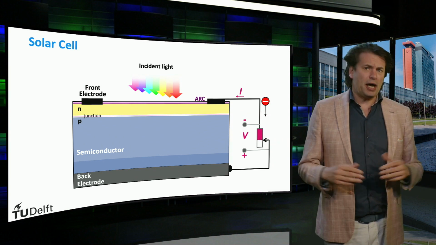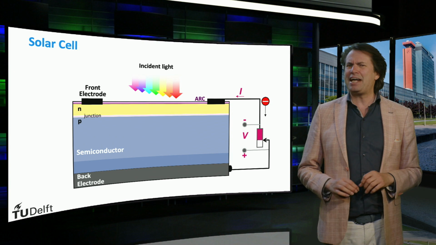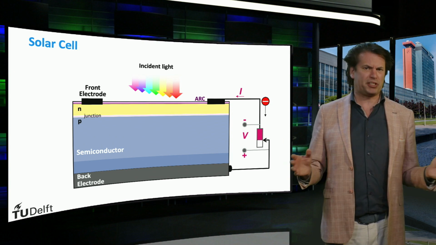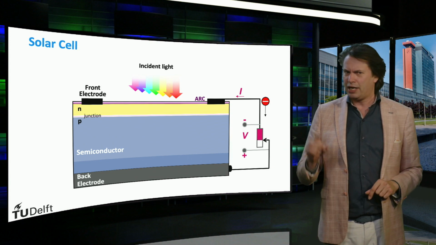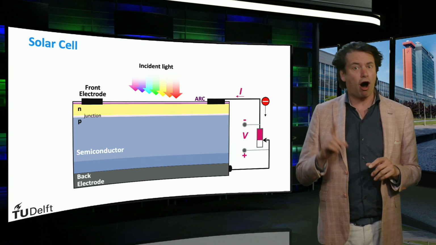Here we see a basic solar cell schematic. There are many different components and layers, and you will become familiar with the properties and purposes of all these layers throughout the course. In this video, we will discuss some basic parameters of a solar cell.